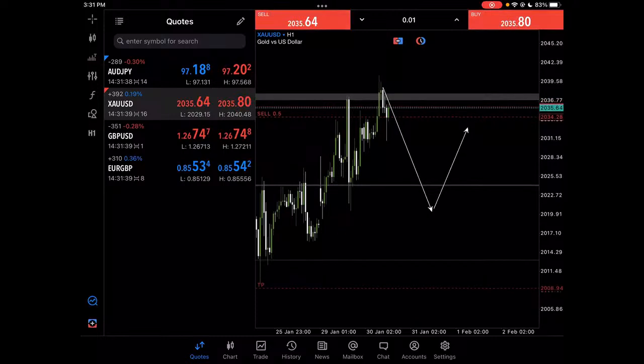Use a stop loss if you're going to execute a trade here, and use a tighter lot size. Do not be too greedy. Do not use a lot of